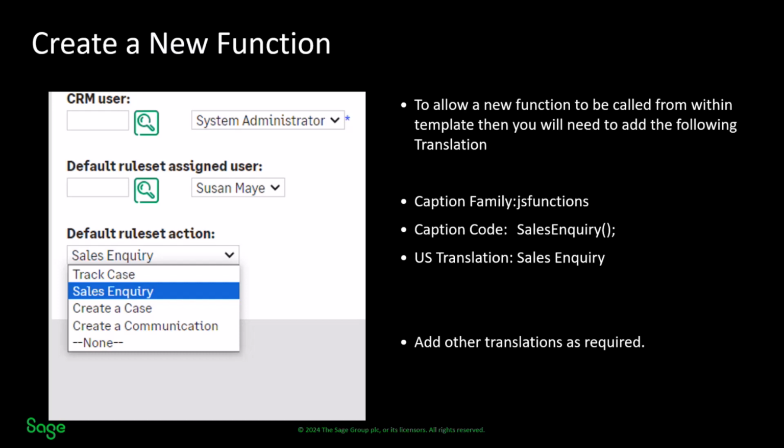All of the functions that are available to you inside the Mail Manager definitions, management options, are defined as translations belonging to the caption family JS functions. We need to add our new function,